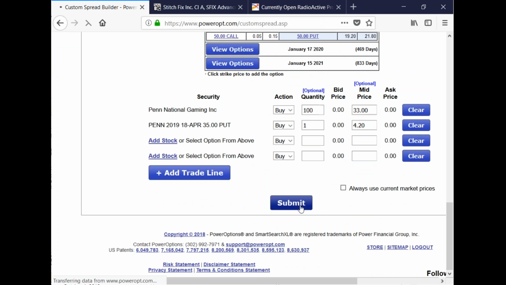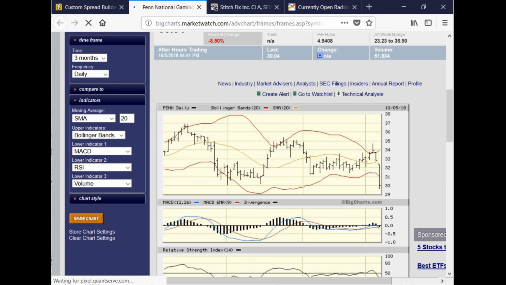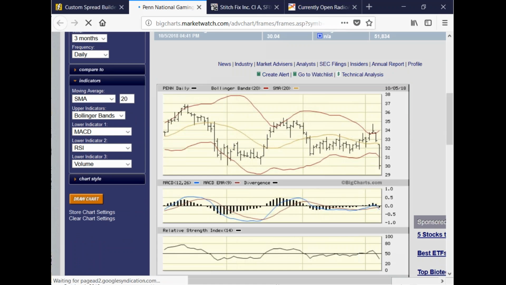I'm not going to show you the profit and loss chart. This has been a fun trade for 4 days, let me tell you. We got in on Tuesday, early in the day, at about 33. I got a great price on it, I thought. So I have the stock at 33 and the 35 put. There was a positive MACD crossover for the past couple days. RSI was gaining, it just went above the 20-day moving average and was getting up to the upper Bollinger Band. These all look good to me.